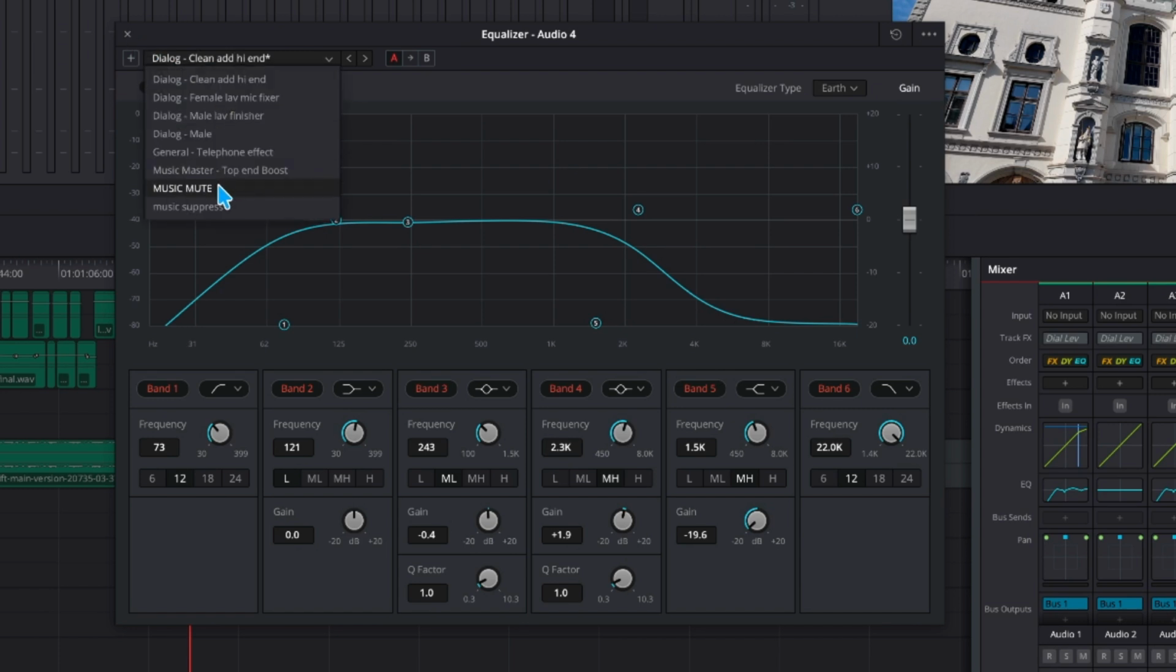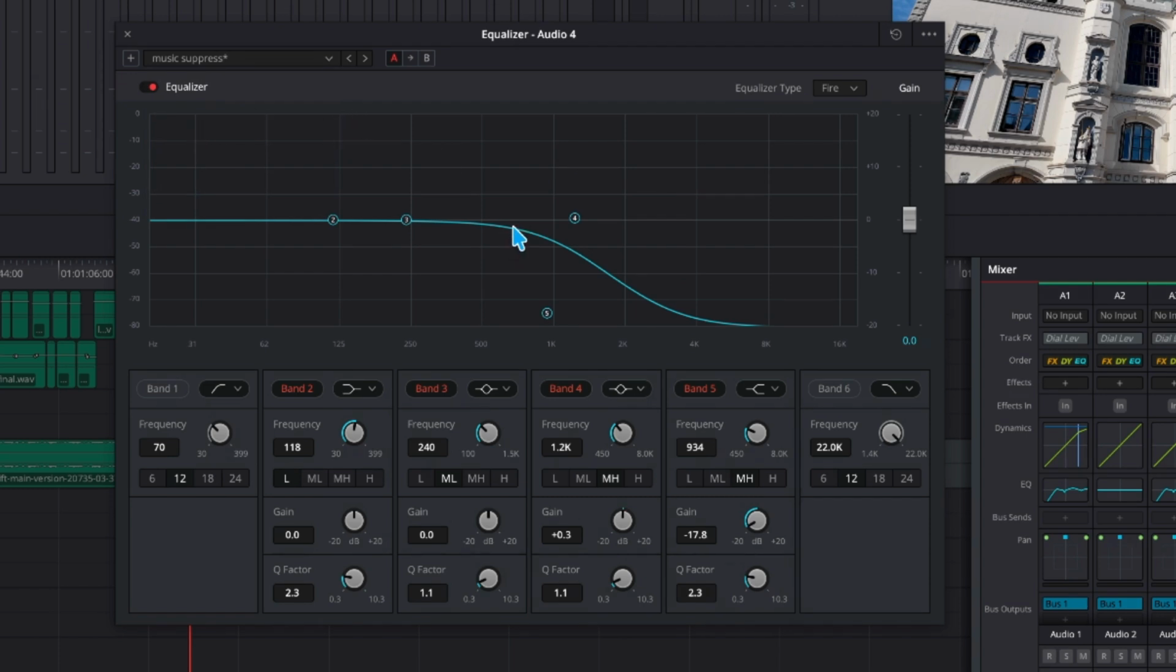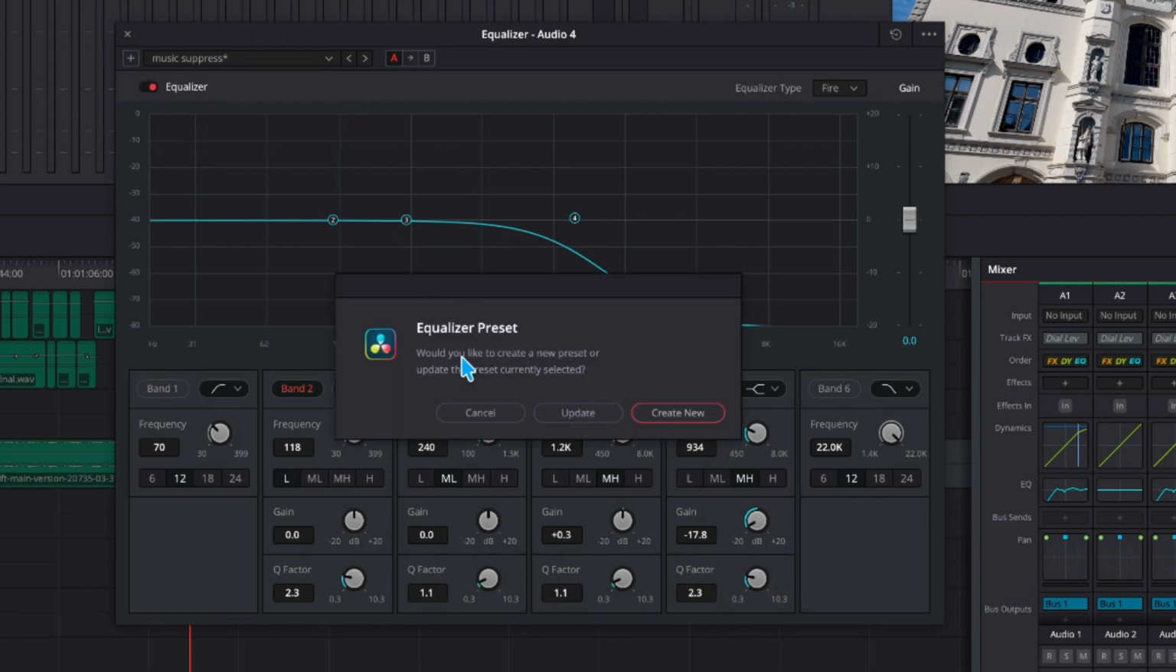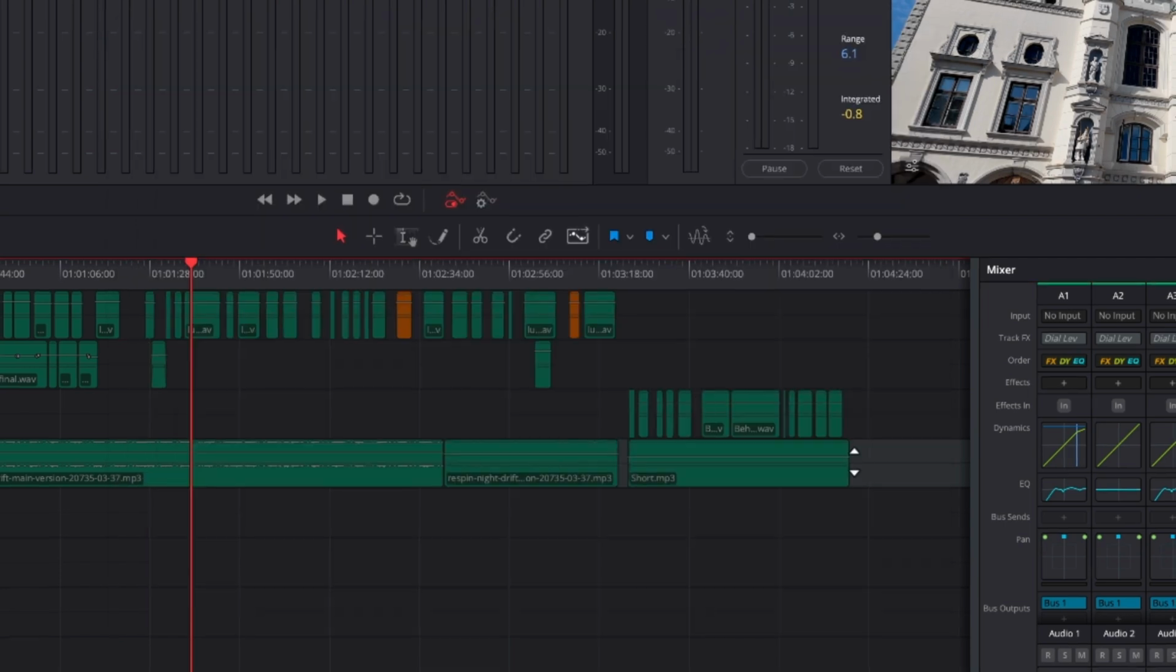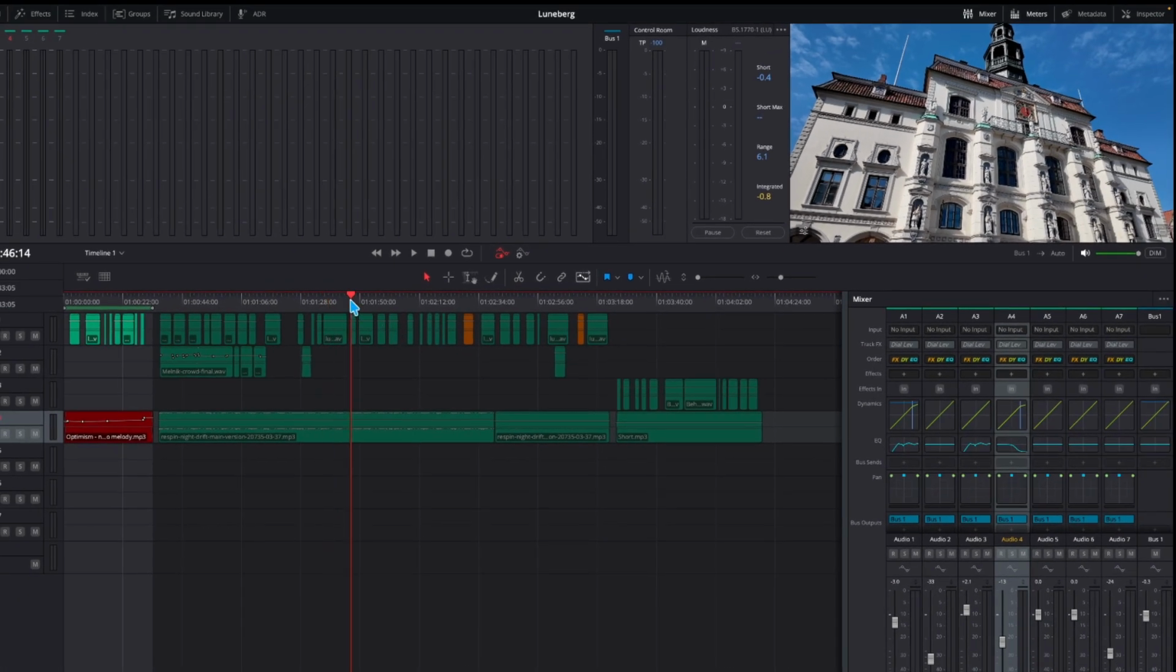I've just got a preset just here, music suppress. So if you find something you quite like, you can just click the plus button and it comes up with this dialogue. You can just create a new one or update the existing one. And then if we actually listen to the actual track here,